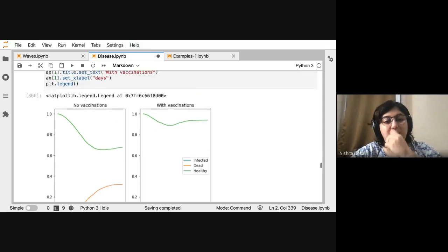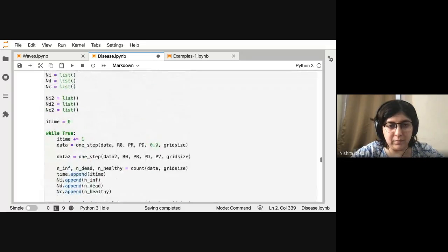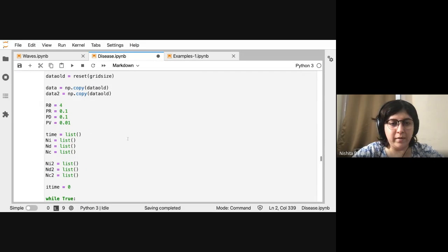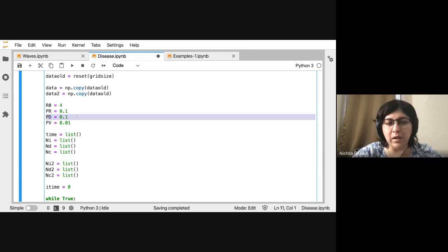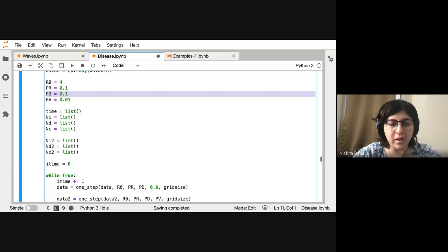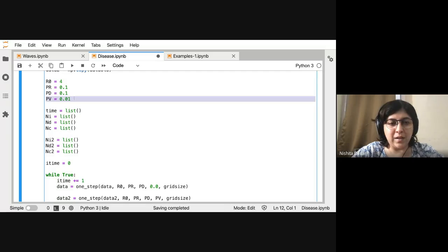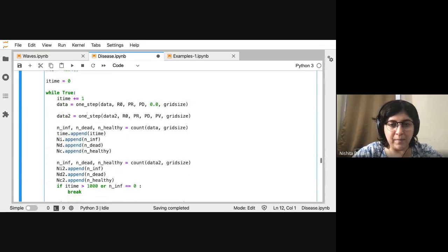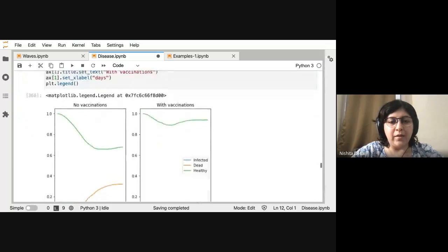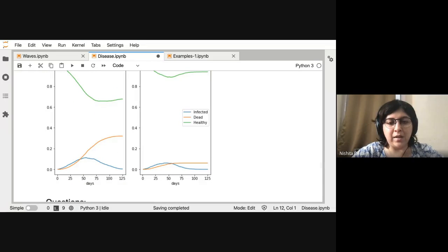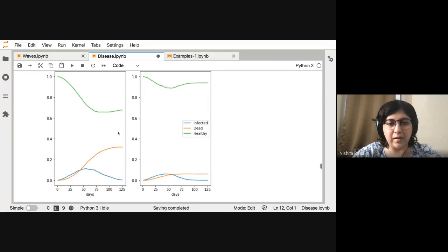I just made the disease a bit more deadly, so it infects more people and it also kills more people than before. The probability of vaccination is the same and the recovery is also the same. So we again compare the two cases, and you can see that the change in this case can be quite drastic.